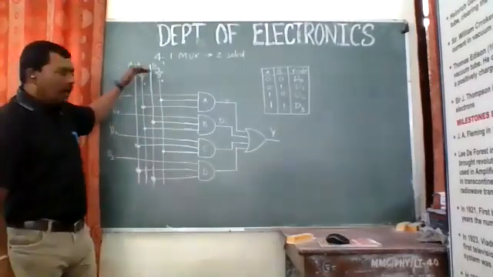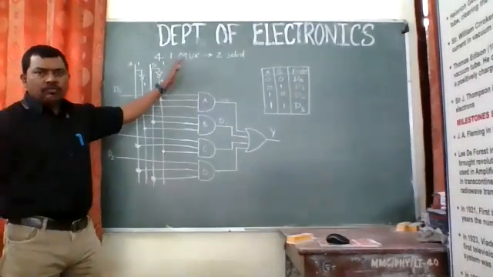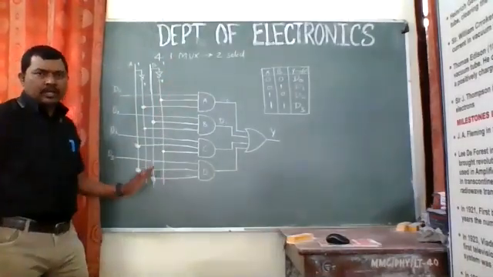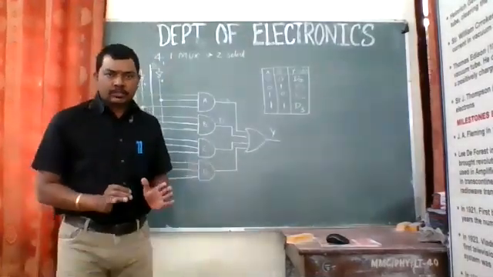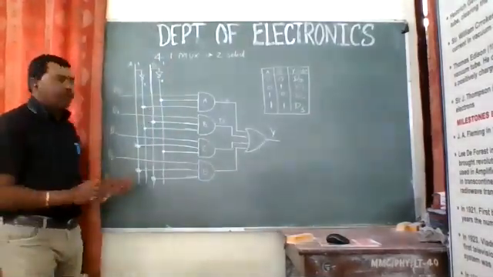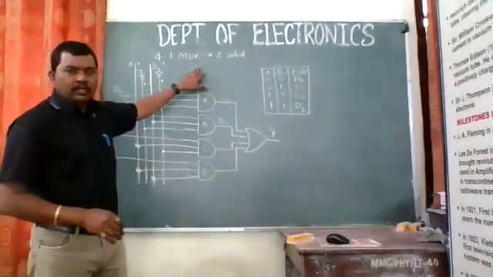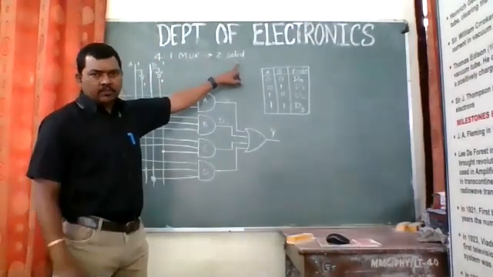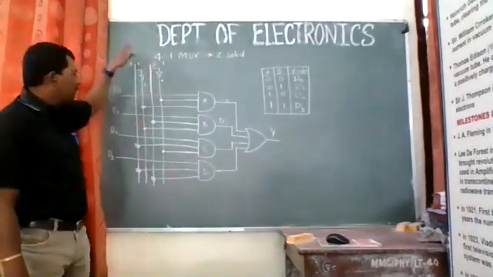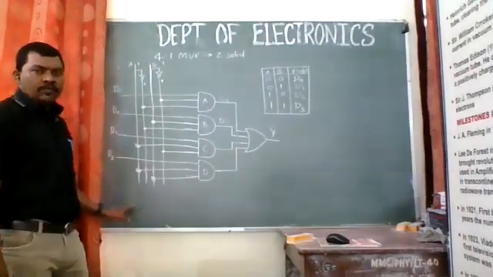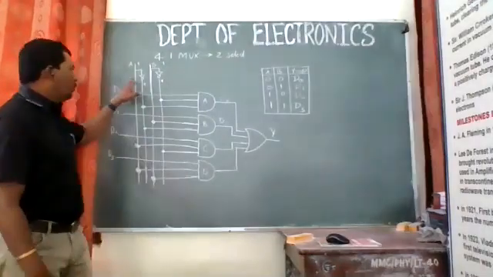So remember this while making a circuit of a multiplexer. I guess you have understood how to draw the circuit of a multiplexer. I will just repeat it again for you. To make a 4 is to 1 mux, we require two select lines, right? And we have taken these two select lines as A and B. We have drawn two wires directly over here.